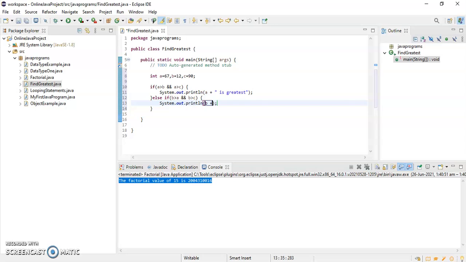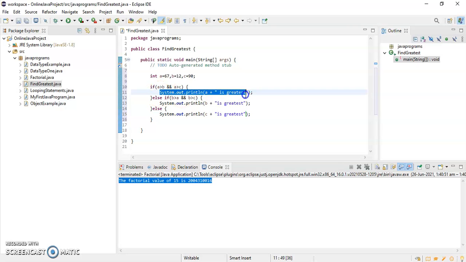System.out.println that b is greatest. So now if a is not greatest and b is not greatest, which one will be greatest? Obviously c. So I'll just write here else System.out.println c is greatest. It is checking the condition. If this condition gets satisfied, then it will print this statement.